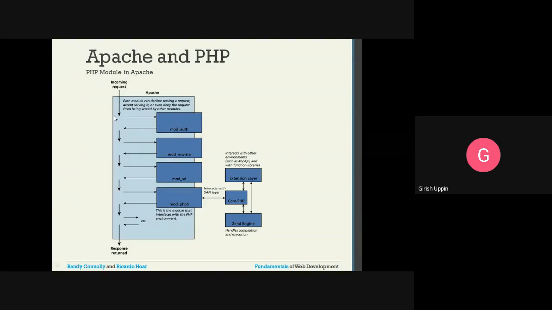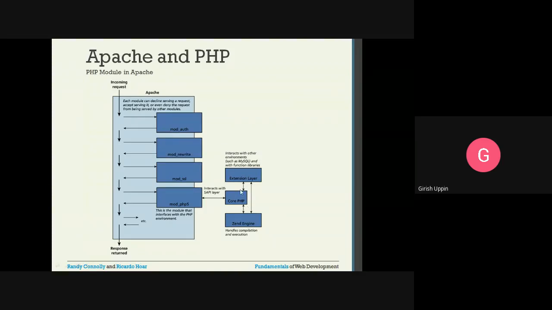Incoming request. These are the different modules present inside Apache, and here you can see this particular module, PHP5. This is the module that interfaces with the PHP environment, which is core PHP.